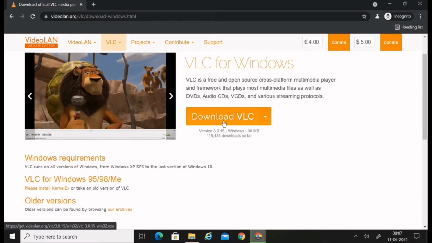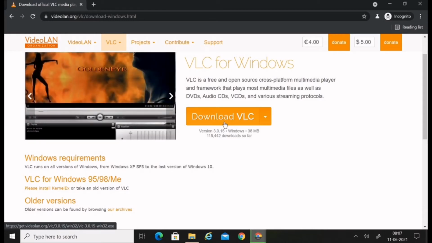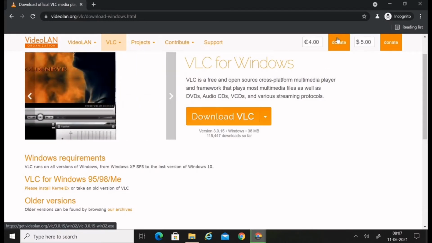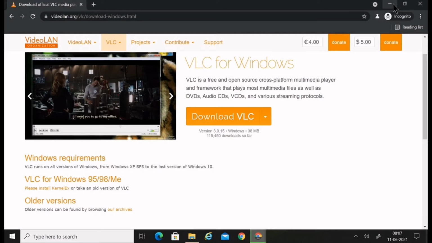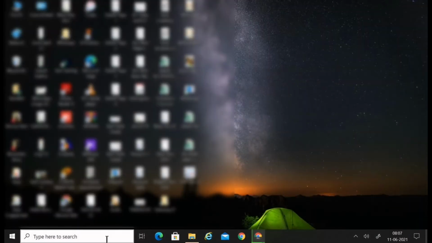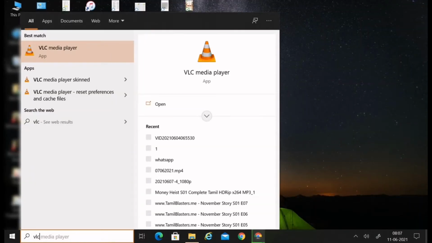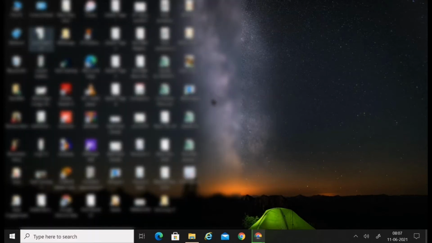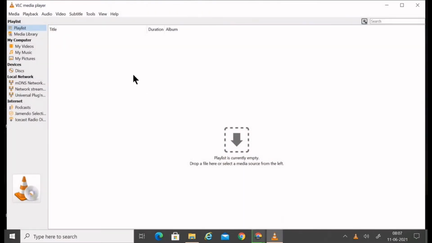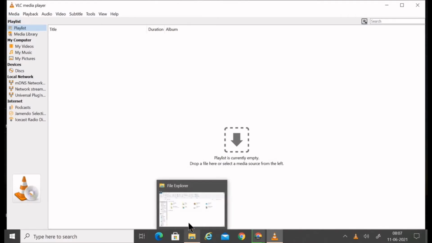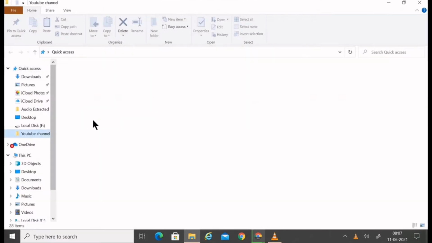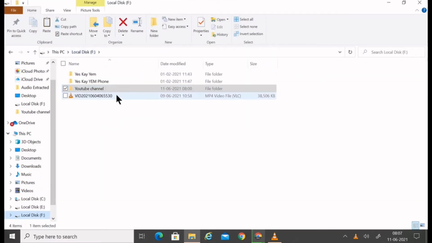So now I will directly go to the next step. After downloading, you have to open that VLC Media Player. So here it is. It's getting loaded because I'm simultaneously running many apps on this laptop. So here I'll make sure that the video is saved. This is the video we are going to work on. What I will do is play it first.